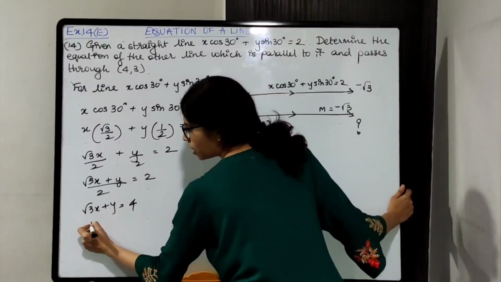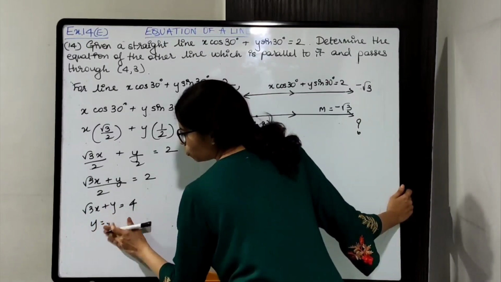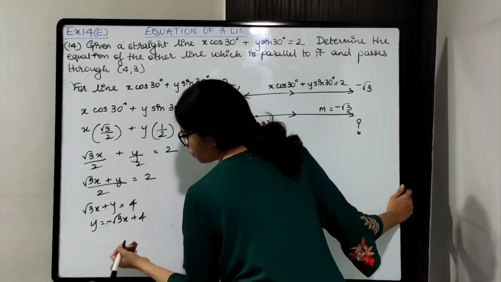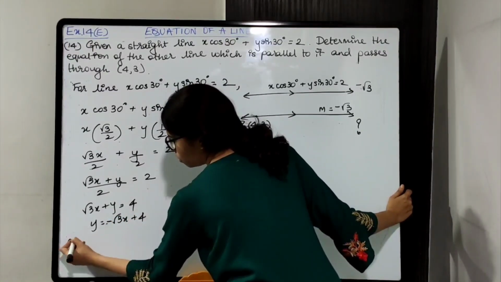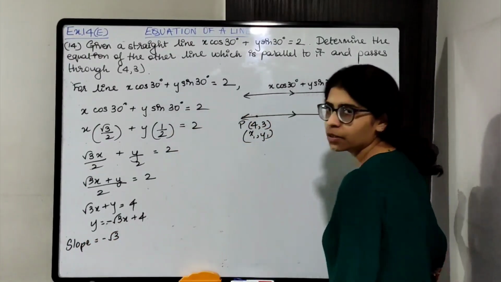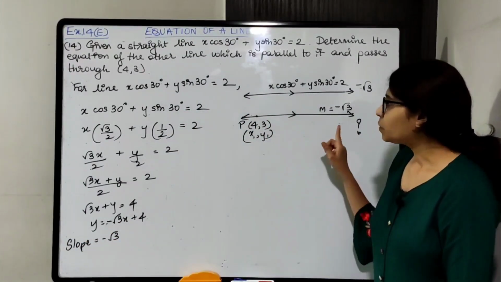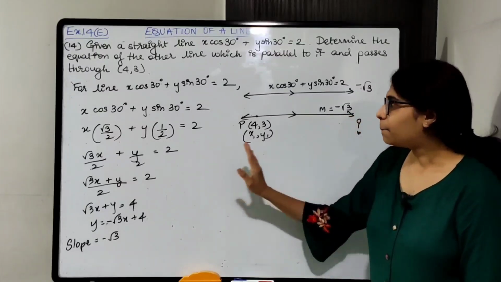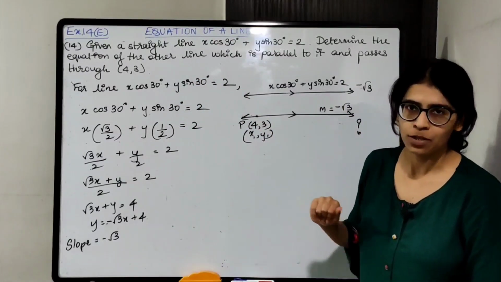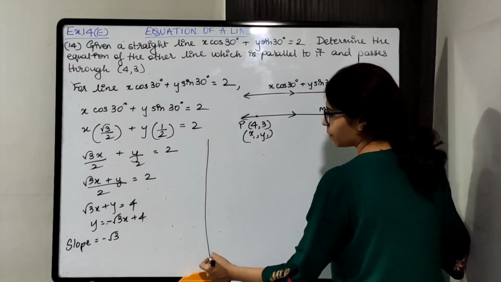We only have to shift this. -√3x plus 4. So slope is equal to -√3. Okay, so now we can say that the slope of the line parallel to this line is also the same. It will be -√3. So write down,